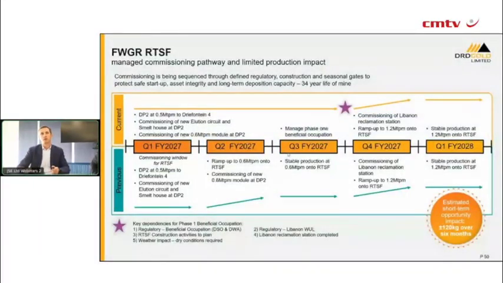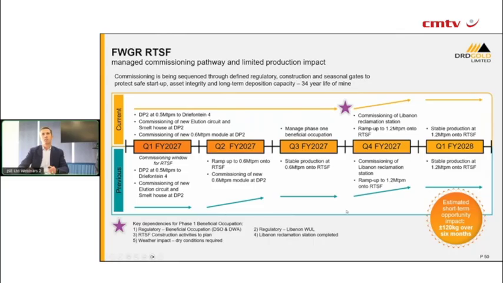And this brings me to this slide. So we've got an opportunity to increase the treatment capacity at DP2 from 500,000 tons per month to 600,000 tons per month, up to a point in time when we then anticipate to bring the Libanon tailings dam online. As soon as we bring Libanon tailings dam online, we can then increase the treatment capacity from 600,000 tons up to 1.2 million tons per month. So during this period here, there's an opportunity to increase it from 500 to 600 for a 6-month period, which equates to approximately 120 kilograms of gold.